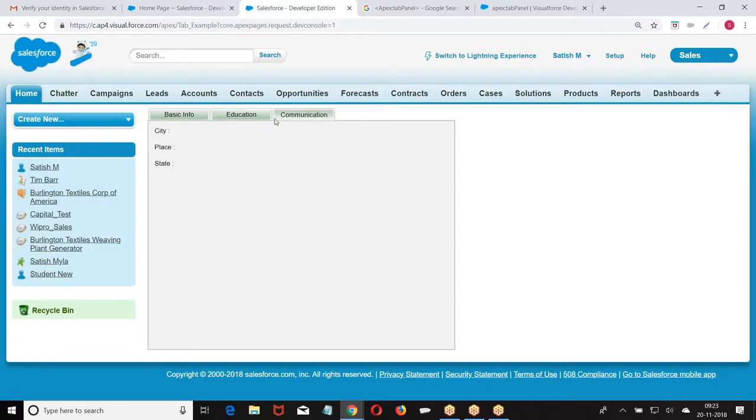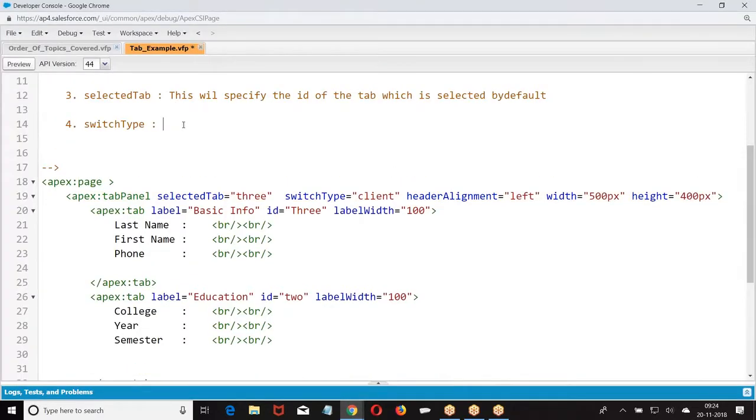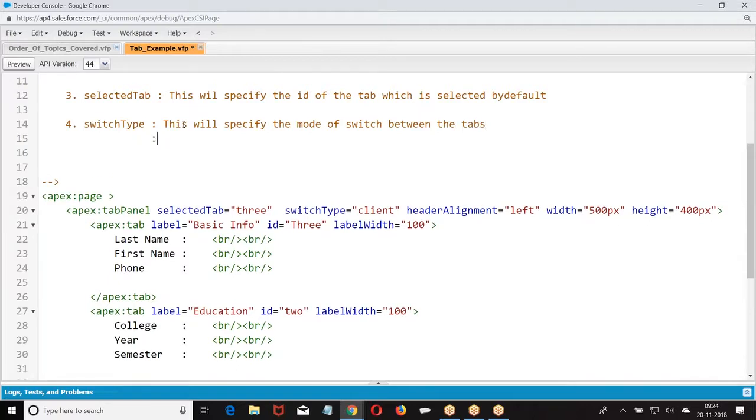Only when you give server, it will refresh the page. Client or Ajax will not. When I want to call a scripting, I'll go for Ajax functionality. Okay. So look at the point. This will specify the possible values.